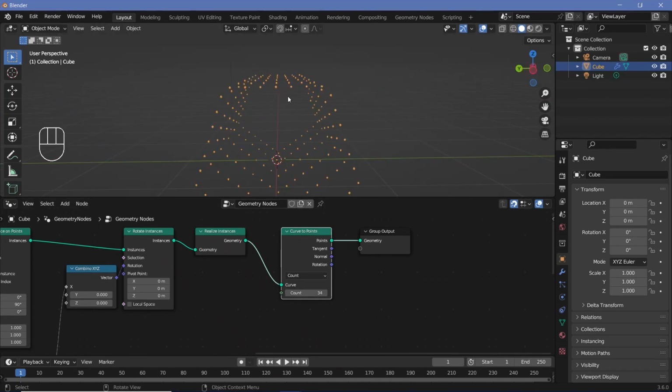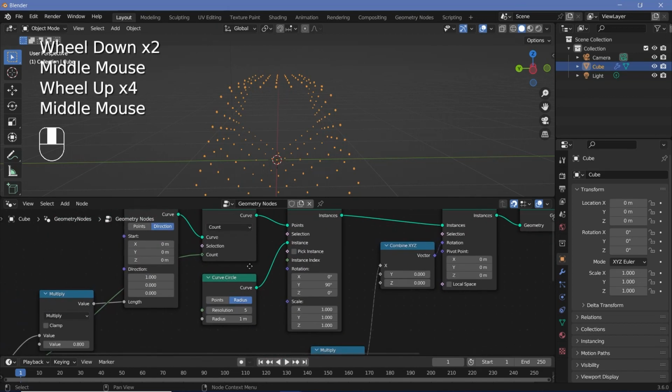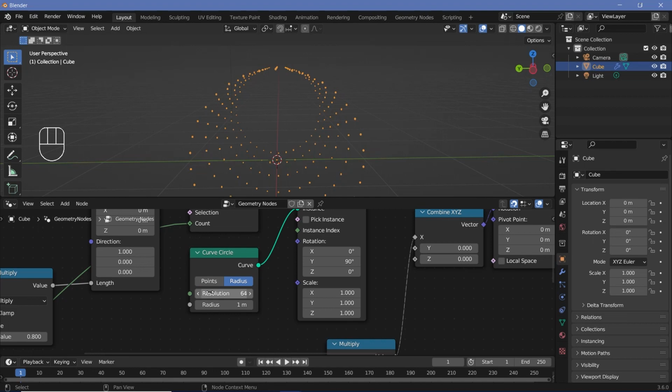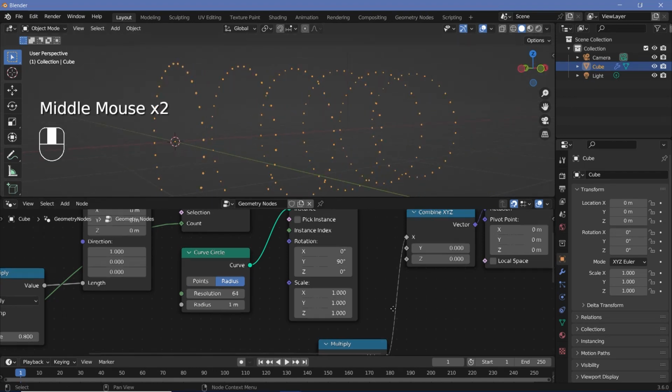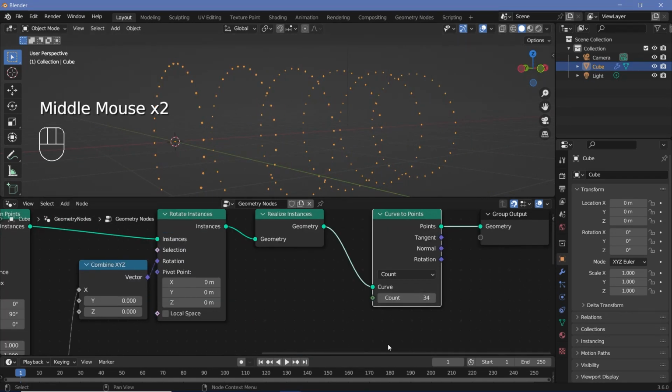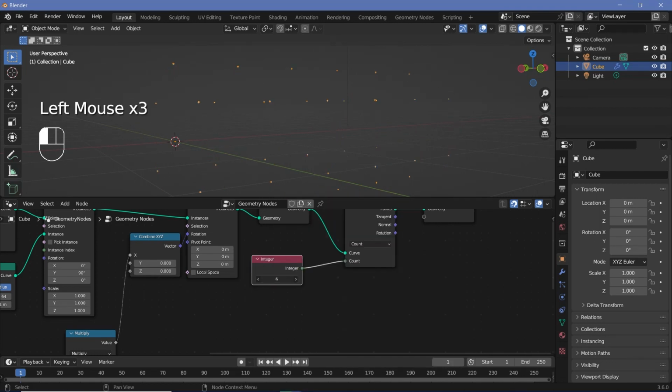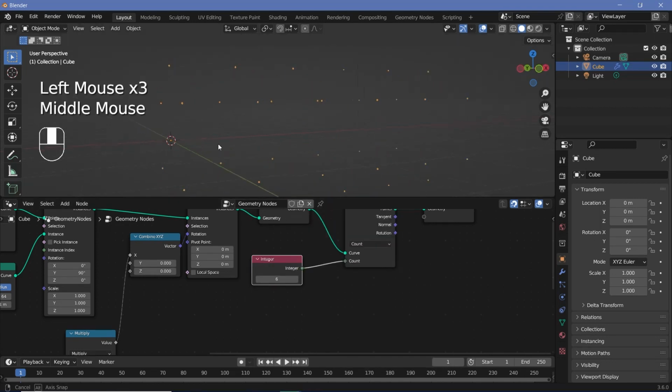Since we want this to be more or less circular, we're going to go ahead and increase this resolution up to something that'll be good enough. So I'll go with 64, and now it'll be perfect circles. This count we can use another value node to control so that it becomes easy to change later on. And even this has to be a whole number, so we're going to use an integer. Now we can plug this into the count, and this will determine the number of letters present on each of